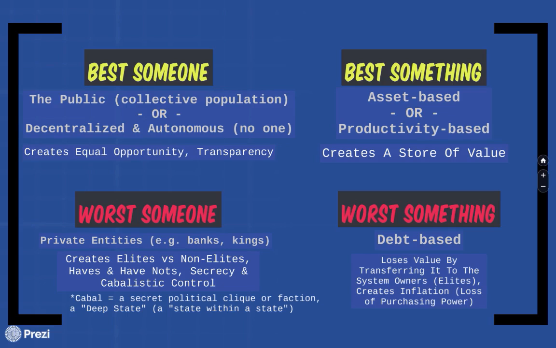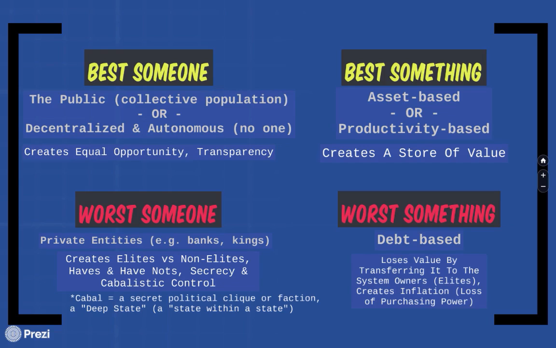And as it loses value through increasing debt and so on, it's actually transferring that lost value into the system owner's hands. The loss of value, let's say like $100 you have today, or 100 euro or whatever currency, Kenya shilling, is not the same as it used to be 10 years ago. It doesn't buy the same stuff. Everybody knows that, right? This value did not just vanish into thin air. It went somewhere. You know where it went? It goes to the system owners.